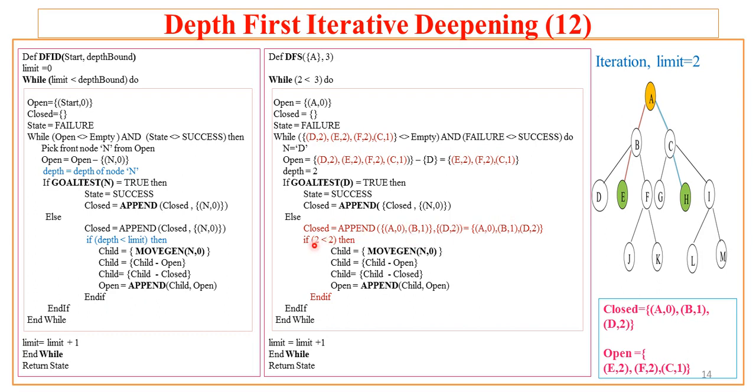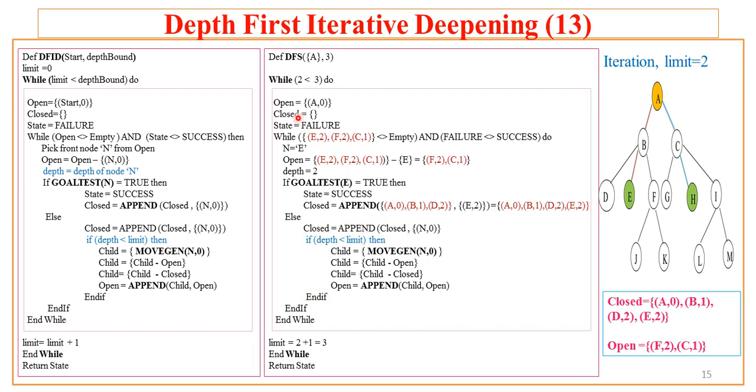It checks the depth of the current node with the limit value, which is also 2. So 2 is not less than 2, so it will not call moveGen for the current node. What is that current node? It is D. Because at this point of time, the limit given to the algorithm is 2, it will not access the next level element. So this way, with closed having 3 nodes A, B, D and open having 3 nodes E, F, C, it iterates the inner while loop.